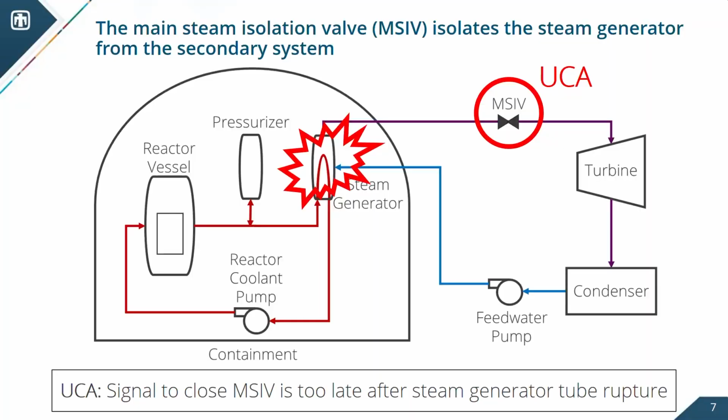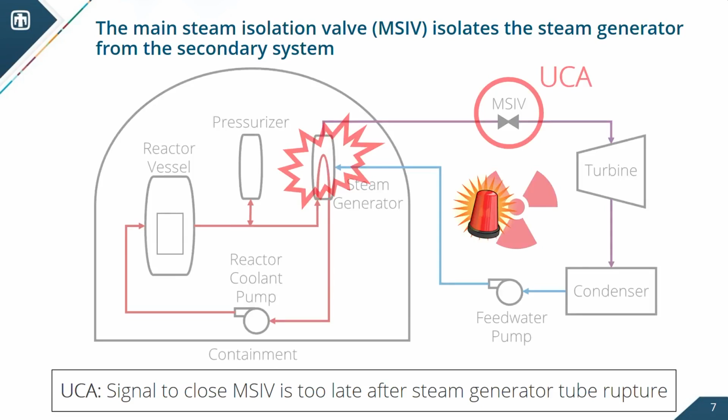So anyways, the unsafe control action would also result in things that would become apparent to the operator. And so what you're going to see is you've got this light water. Light water is a wonderful neutron absorber. And what's going to happen is when it's ingressing into the secondary loop, you're going to get radiation fields outside of containment. That's what that symbol is right there. You've got these radiation fields. And that's a really bad day, so that's going to create a big alarm, right?